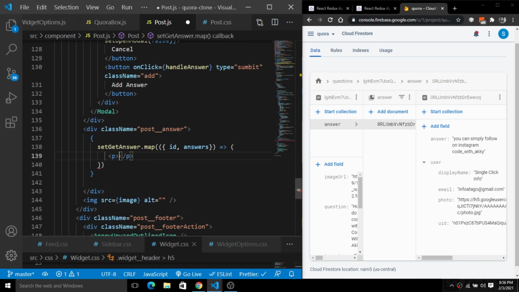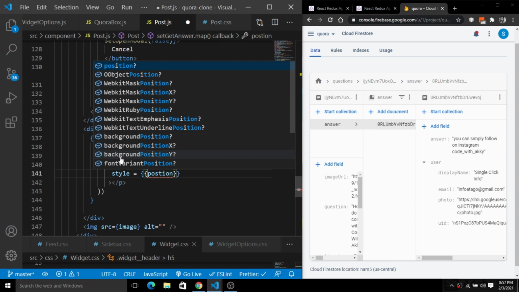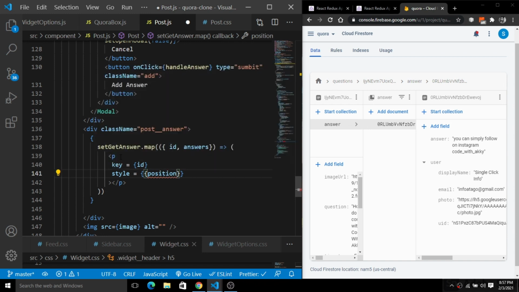So inside of this p tag we will simply render the id. We will have a key for this id for the answers here, and we will simply add an inline styling here in the JSX. Here we will pass position relative, so that we can easily use position absolute for the user here.